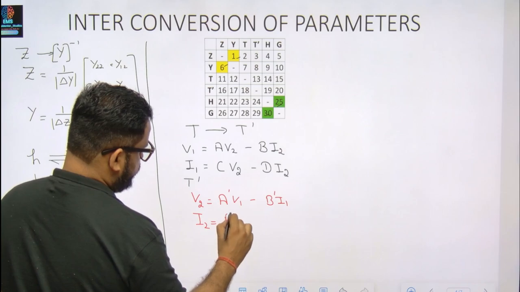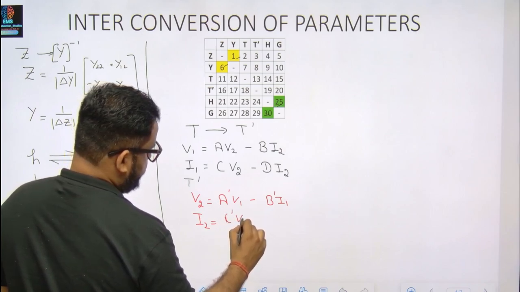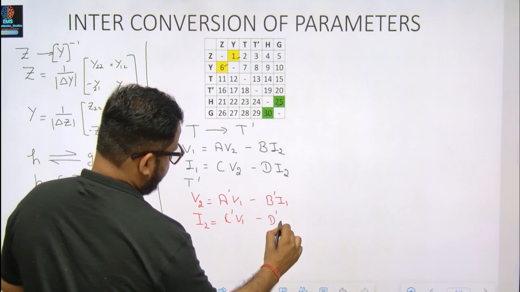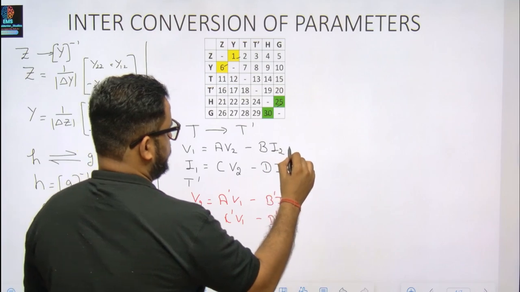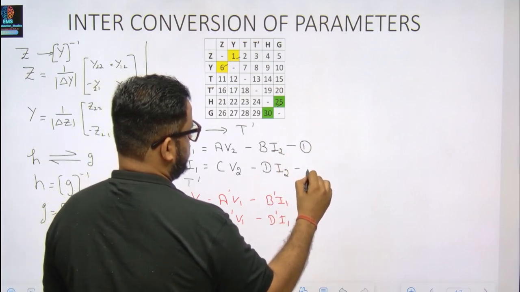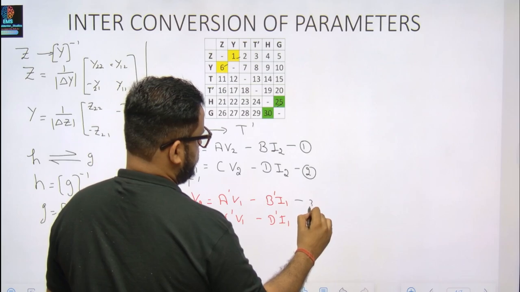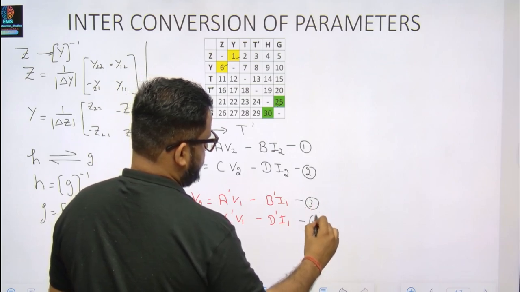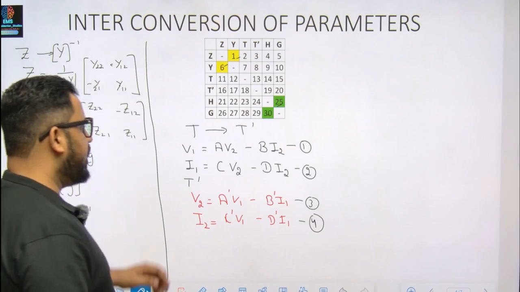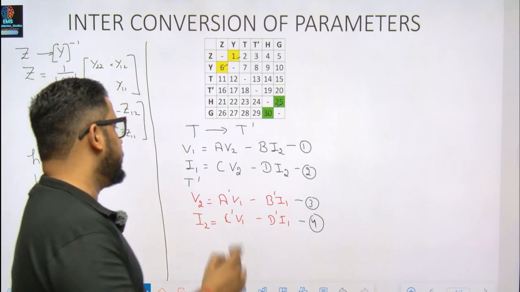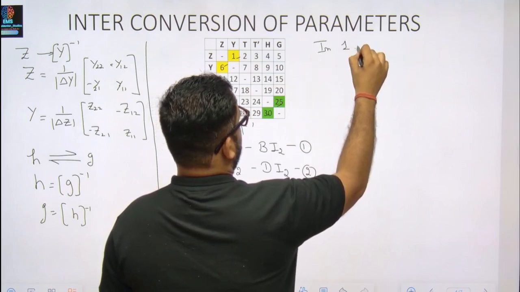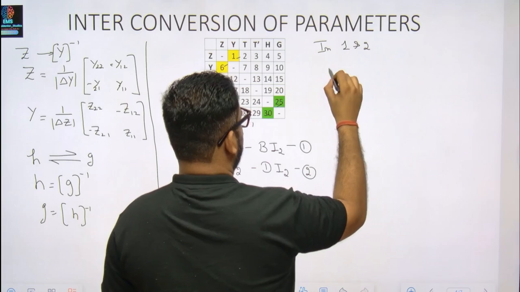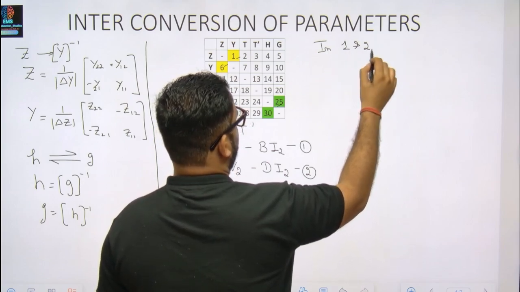I2 is equals to C dash V1 minus D dash I1. So number the equations 1, 2, 3, 4. Now, if I have to convert T to T dash, in 1 and 2, what we have to do? We have to multiply